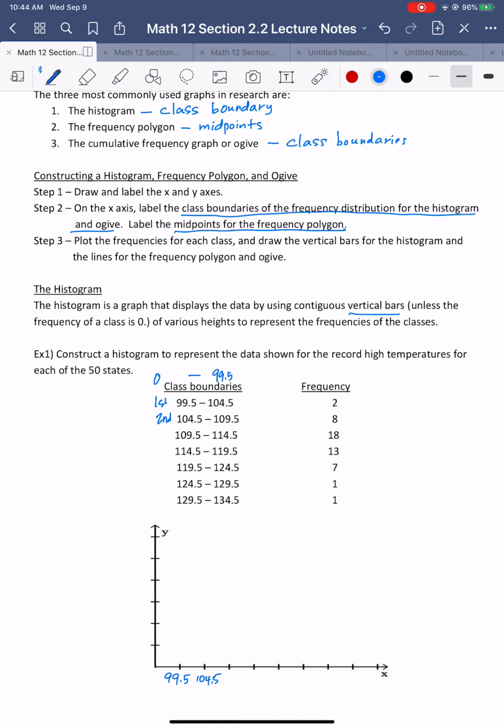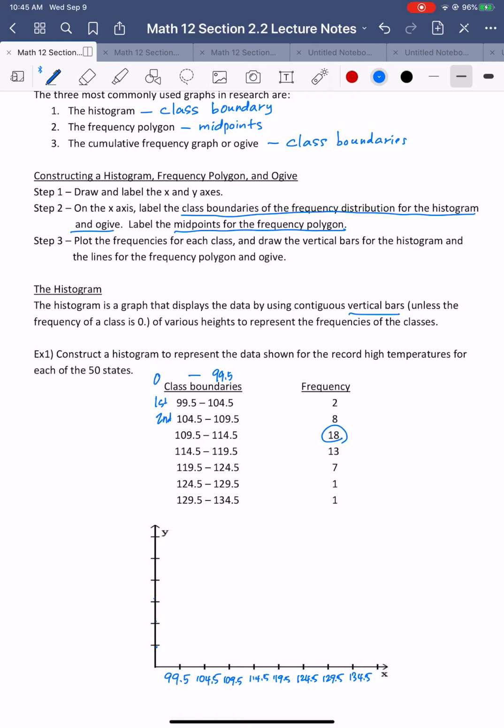And then 104.5, and then 109.5, 114.5, 119.5, 124.5, 129.5, and 134.5. And then also the frequency, the highest number is 18, and the intervals I have are 1, 2,